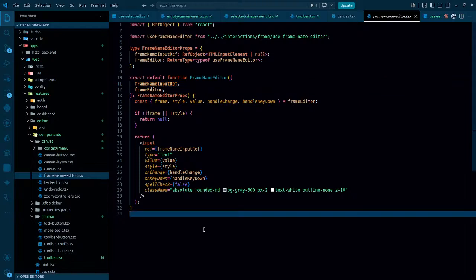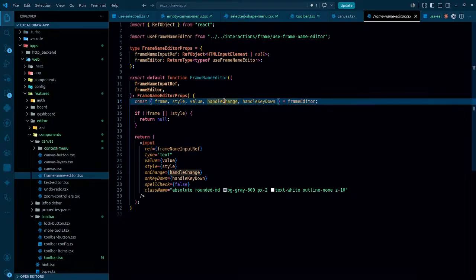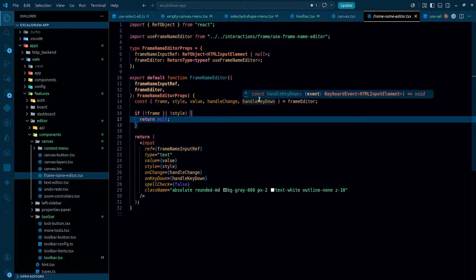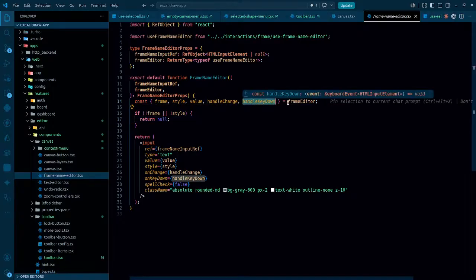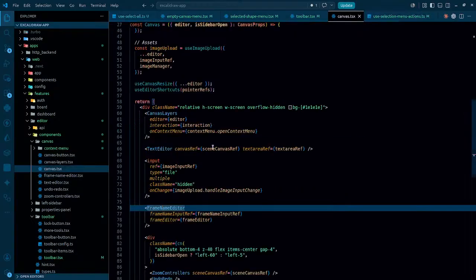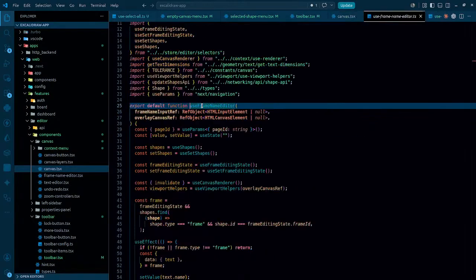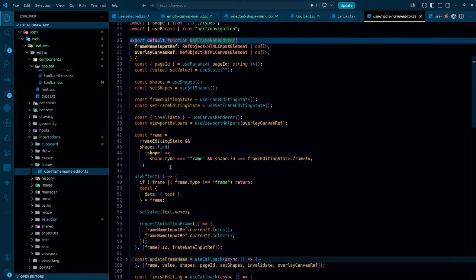Frame name editor input, that is fine, and from the frame editor itself it is getting handle change and handle key down. So whenever handle key down, let me go here, frame name editor, use frame editor. Here we have this,